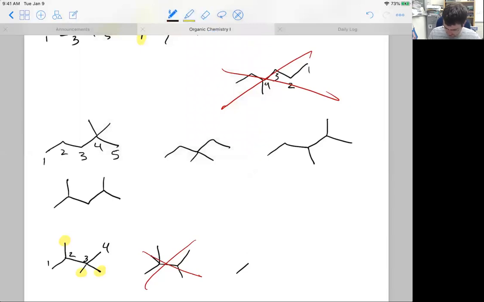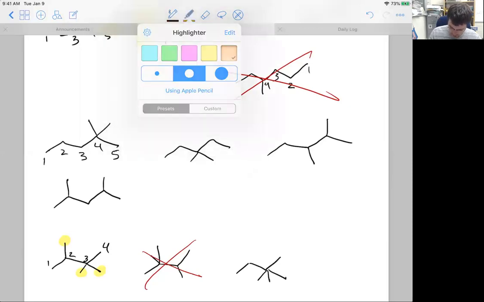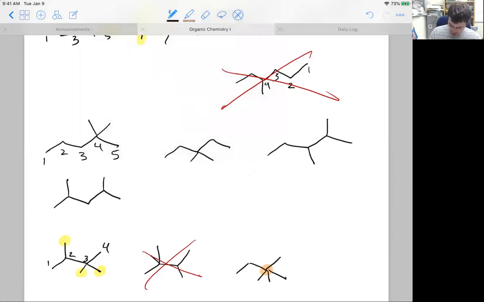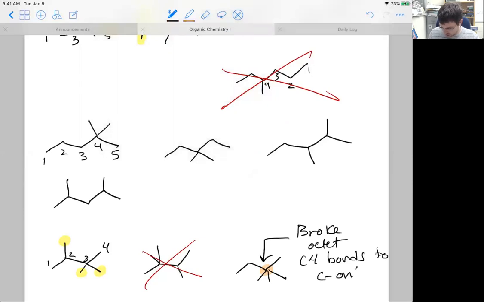If I've got a 4-carbon chain and I stick them all on the same carbon atom, 1, 2, 3, ack. Hopefully your alarm's going off. At this position, we broke the octet rule. We only want 4 bonds to carbon. Any more than that, we'd have 10 electrons, and we can't fit that in the second shell around our atom. So I believe, and somebody may correct me, I'm excited to hear that,